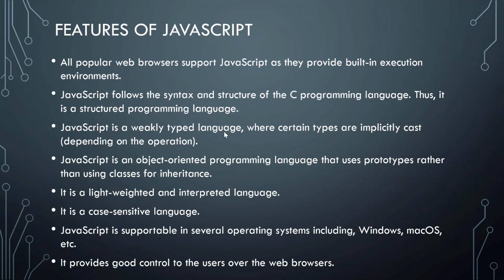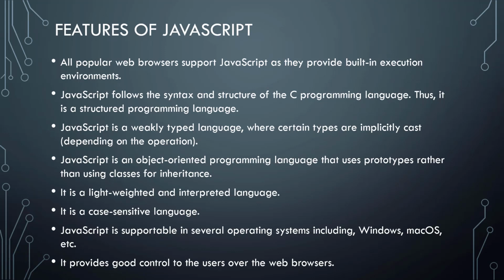But here we just need to use the keyword var, space, variable name. Var is a keyword here, followed by the variable name. X means you can store anything, guys. You can store an integer value, a number, a string, or a boolean value, whatever you want. That's why it is said to be a weakly typed language, whereas Java and C Sharp come under strongly typed languages, where we have specific data types. Here we don't have specific data types directly; implicitly we create variables with the let keyword or var keyword.